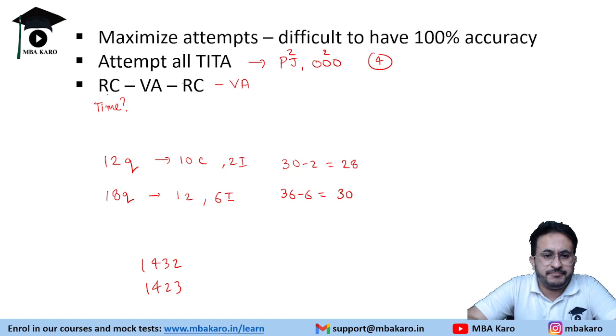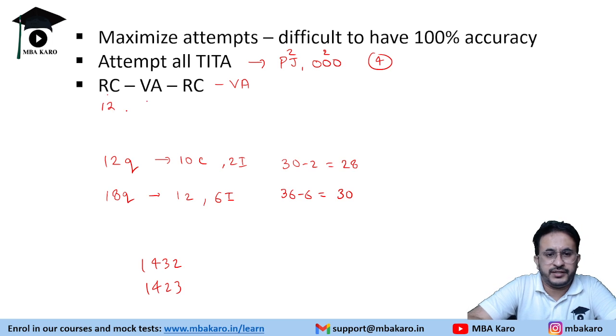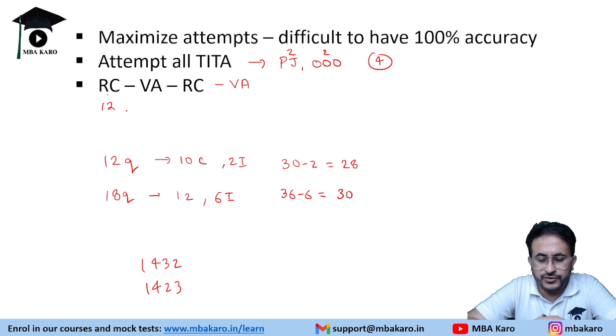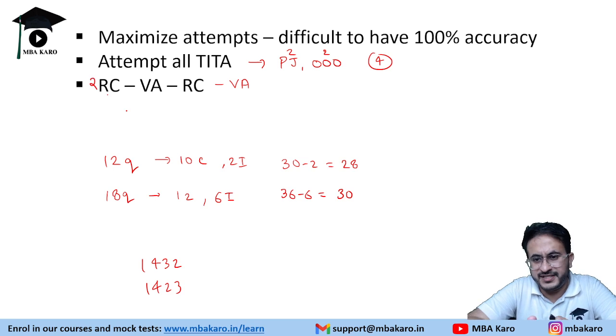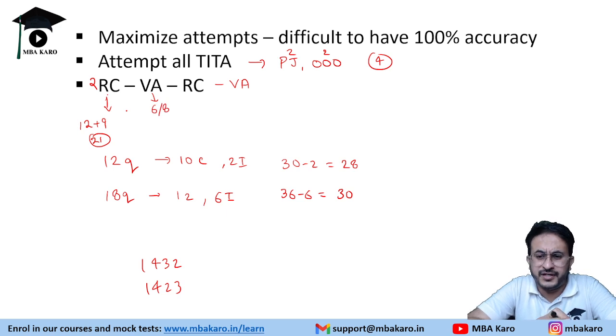Let's say, just taking an example, you took 12 minutes to attempt an RC. Then you did some questions, or it is not that you have to attempt 2 RCs, you can attempt 3 RCs, 4 RCs also. So let us say you attempted 2 RCs in the beginning, your speed is decent enough. So 2 RCs, you took 12 and 9 minutes. So 21 minutes are gone, you are left with 19 minutes. Now VA, you did 6 out of 8. Okay, 6 easily doable ones. The ones you found doable, you were able to solve. So it took, let us say, another 10 minutes. Okay, 31 minutes are gone.